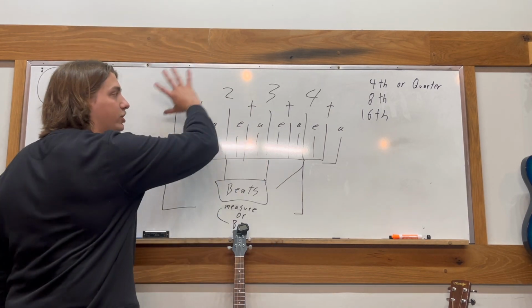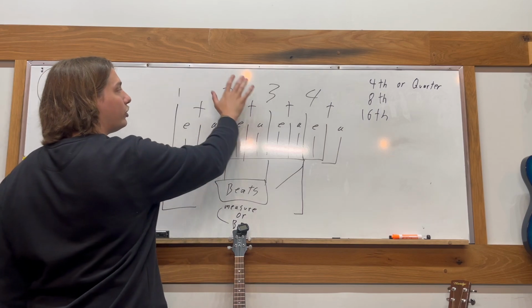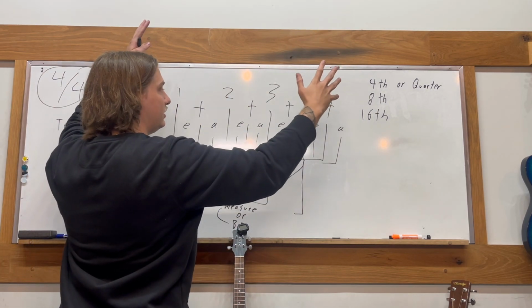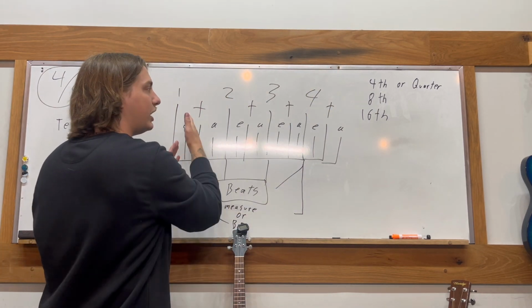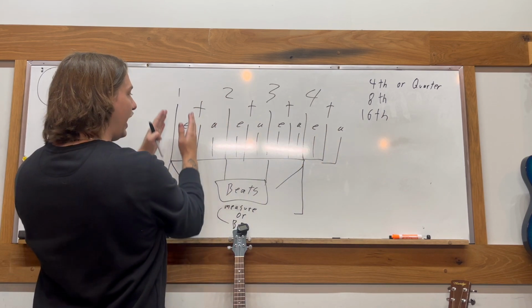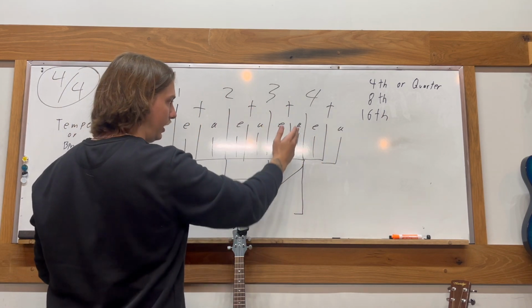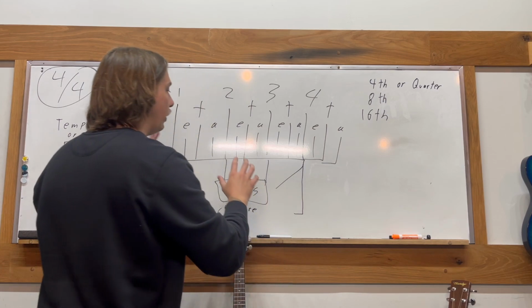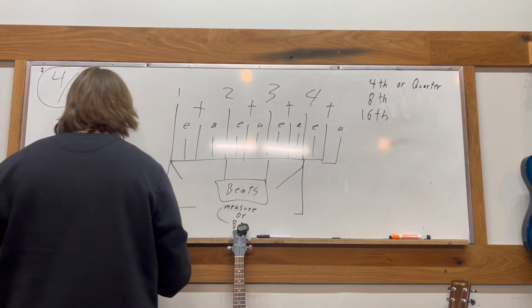But you guys understand that the fourth notes always stay the biggest. And then it goes the eighth notes in between those. And then in between the eighth notes are the 16th notes, okay? That's really, really important. Now, when we bring that on the ukulele,